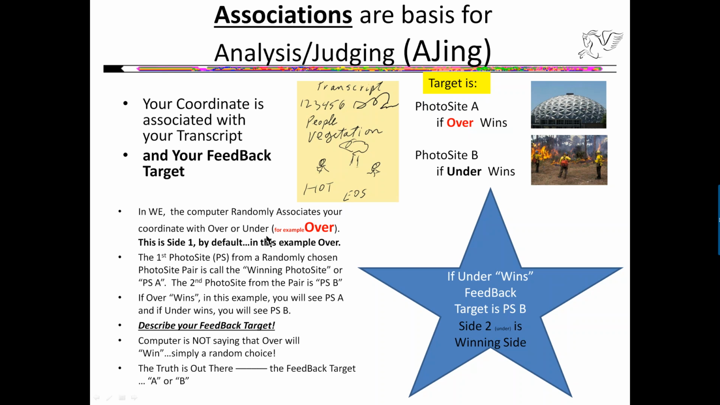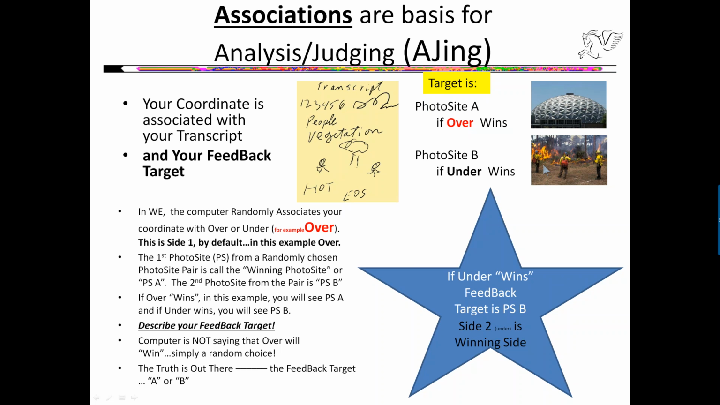There isn't any winning or losing at the beginning. The winning or losing words are only associated with the targets. Okay, photo site A or photo site B. So in this example, we said under wins. Now under is the winning